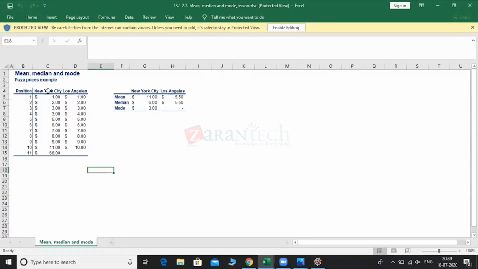For an example, there are generally three central tendencies: mean, median, and mode. So what is a mean number? Mean number, mathematically, is just the sum of all the numbers divided by the total count of numbers. So for an example, let's say in New York City, we take the mean of all this. So the average comes out to be 11. So this is what it is. Median